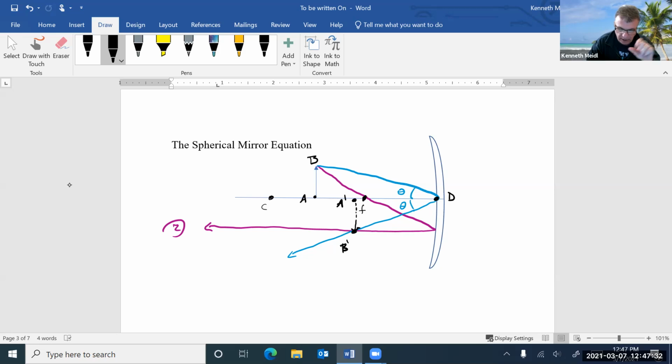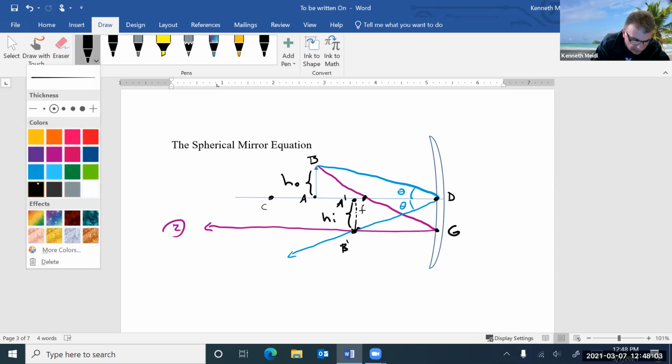That is A to B. This right here is really the height of the object. And this right here is really the height of the image. And so I'm going to call that point A prime and B prime. And maybe I'll call this spot down here, let me see, we got F, so I'll have to call that point G, I guess. Okay. And so let us start by looking at